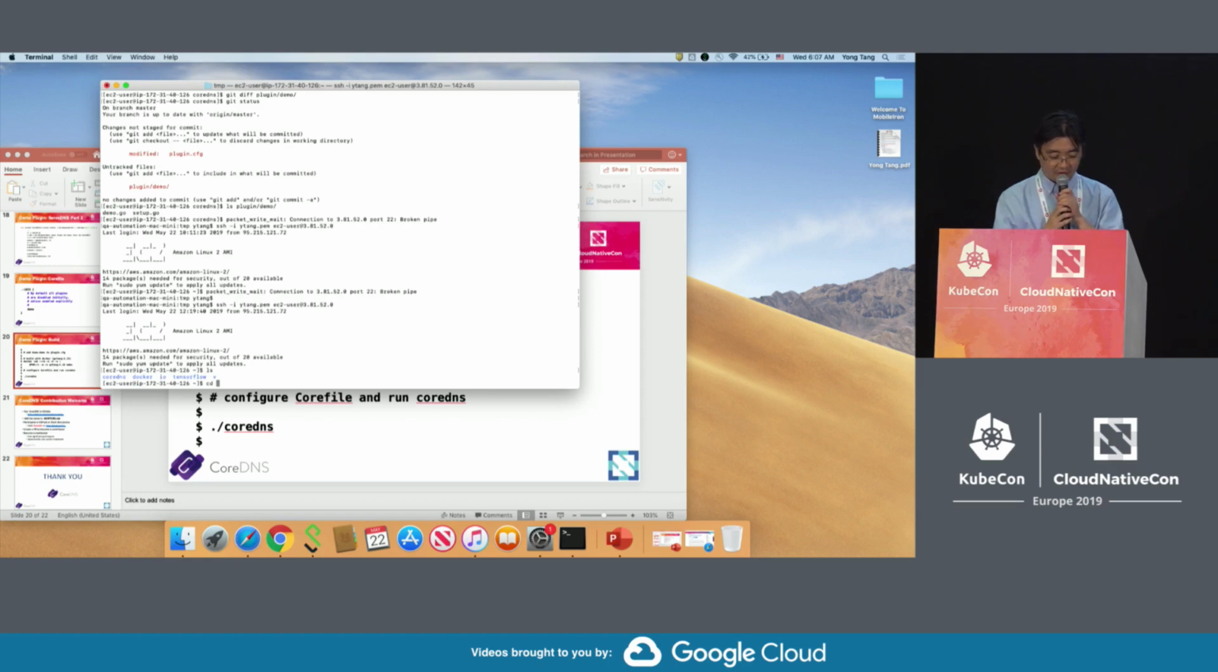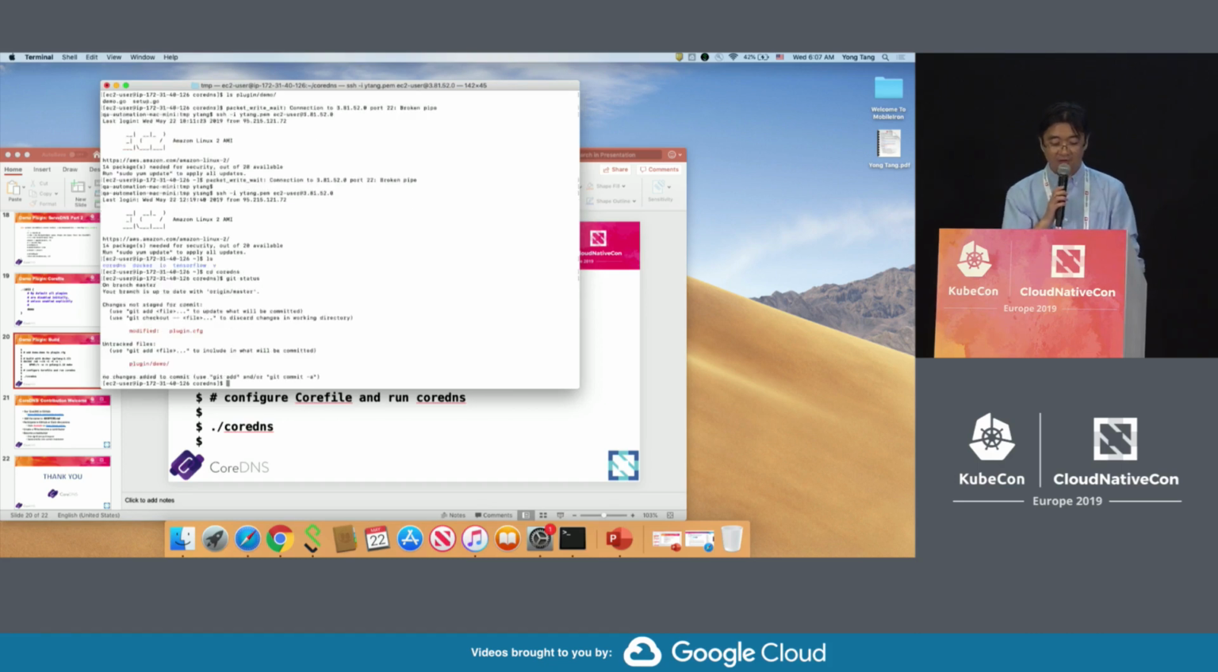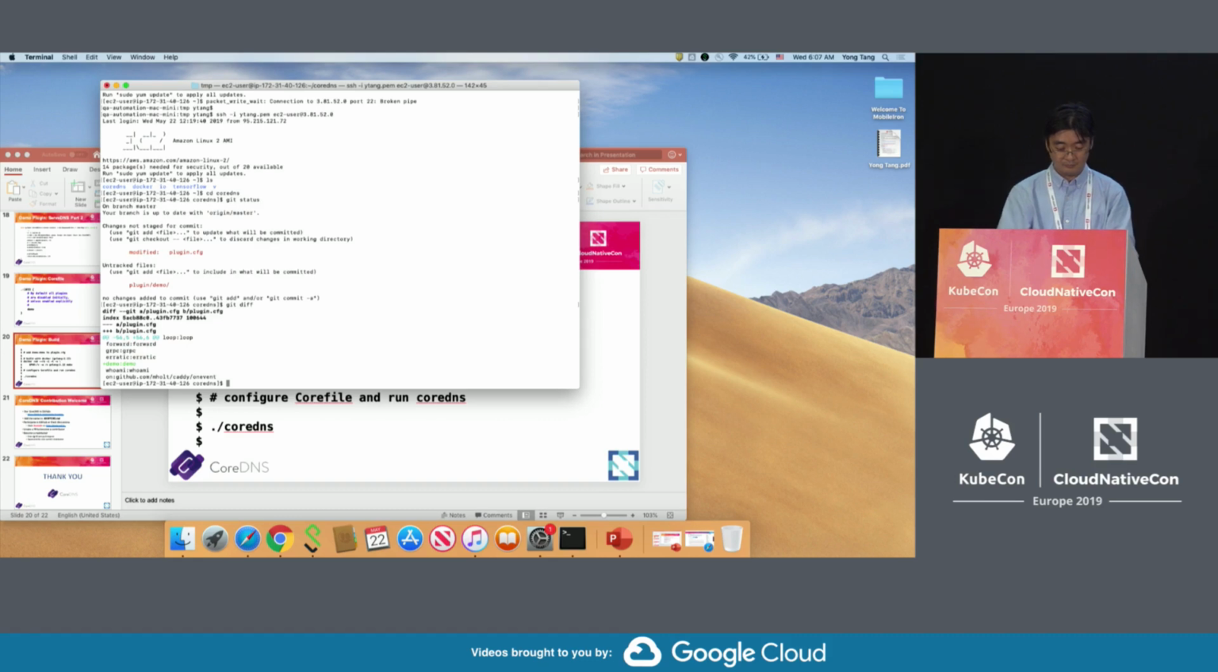So essentially, I already have a CoreDNS repo that's actually cloned from GitHub. As you can see, I only modify one file, plugin.cfg. I also add a couple of files. The way that CoreDNS decides what plugins to compile in is this plugin.cfg, and then